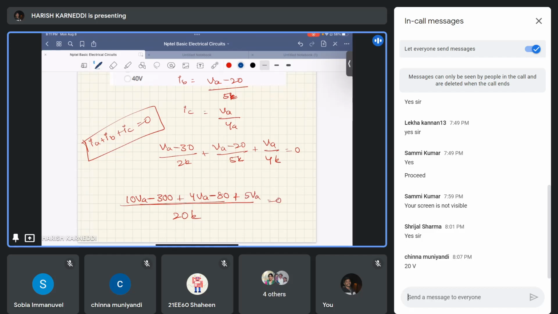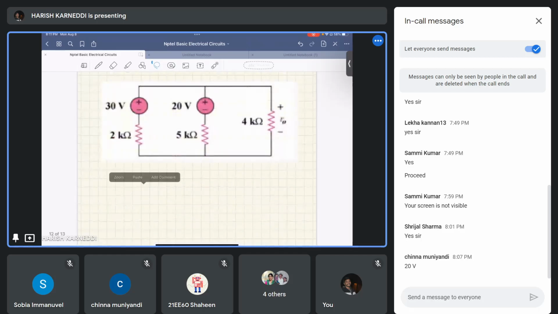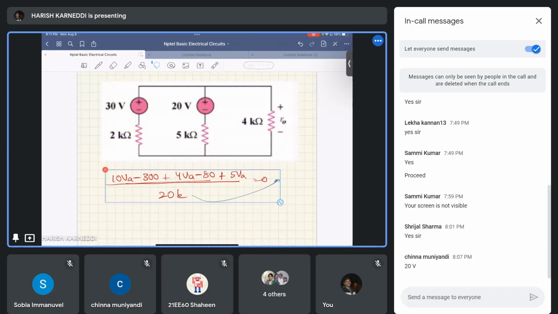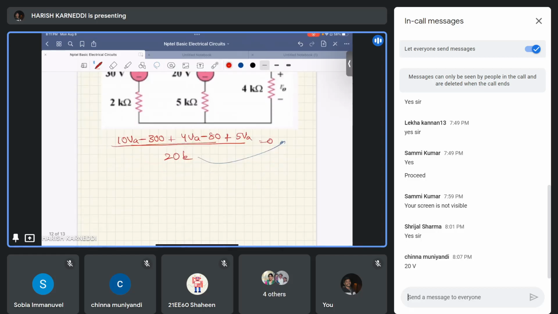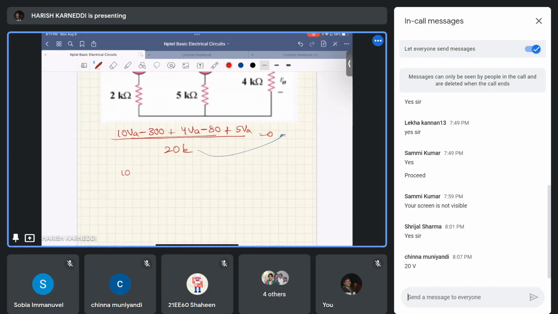The 20K goes to that side. You can copy this thing. Next page. So we can write 10 VA minus 300 plus 4 VA minus 80 plus 5 VA